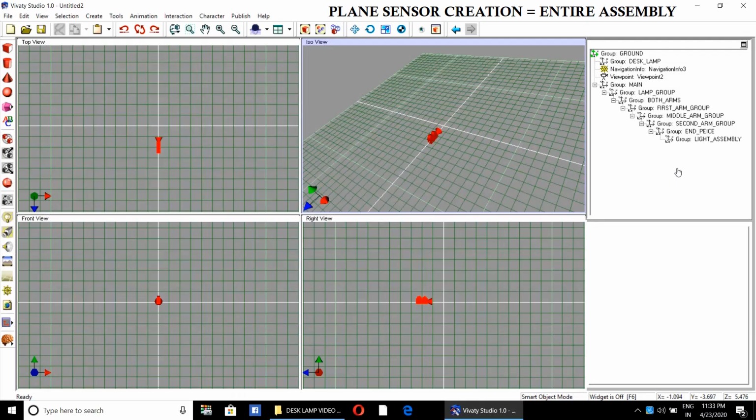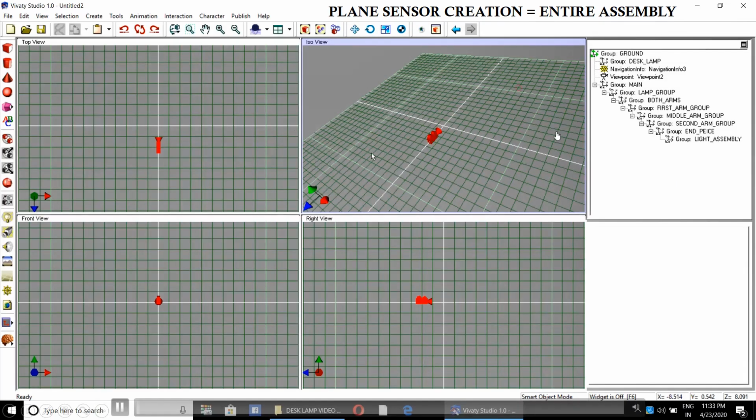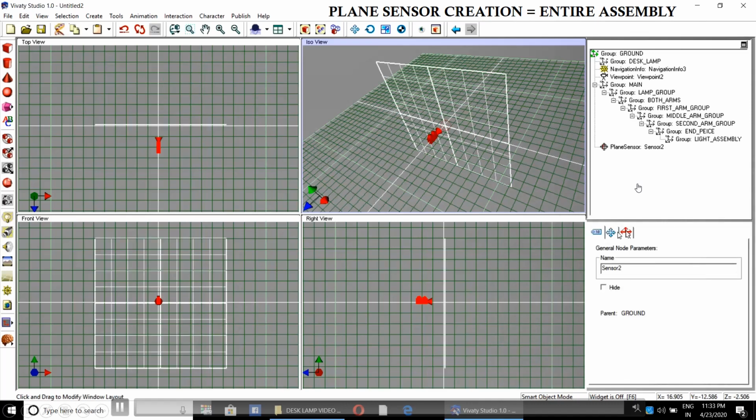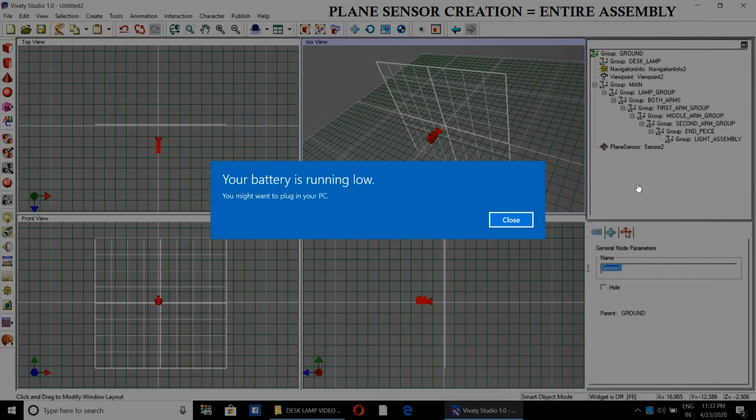This is the meaning of this particular plane sensor. So we will create the plane sensor. Go to the drag sensor. Call it plane sensor.